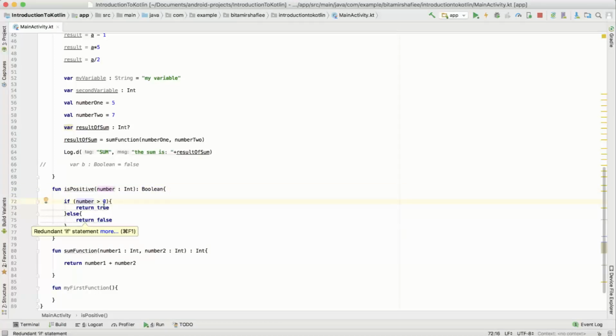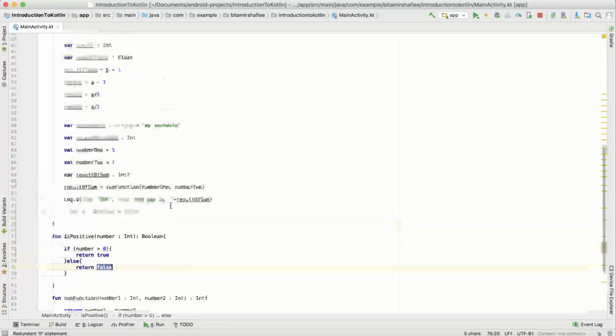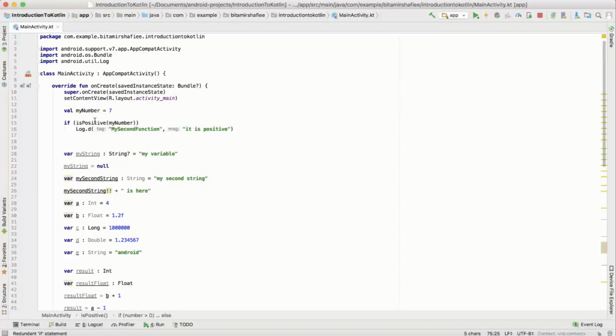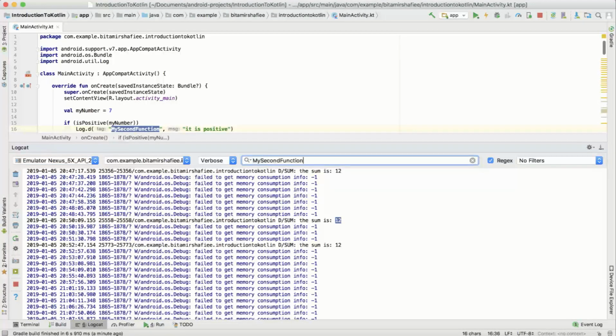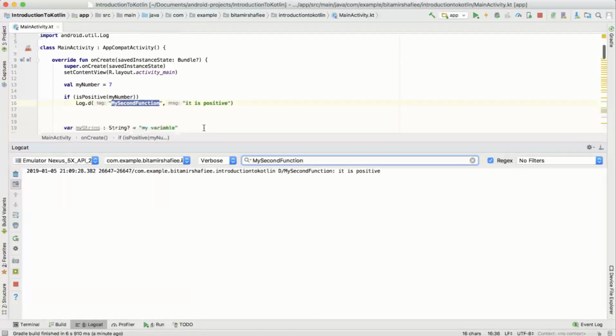If the number is bigger than 0, it will return true, which means it is positive, and else it will be false. And here we say that if the isPositive function with this parameter returns true, this means that this if condition will be true. And let's print this log. So the tag is this. Let's open the logcat, paste this, and yes, the if condition happened